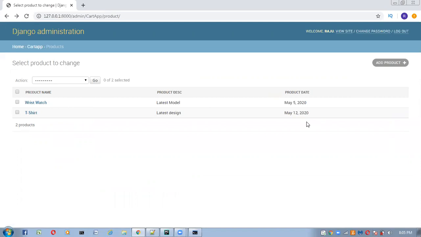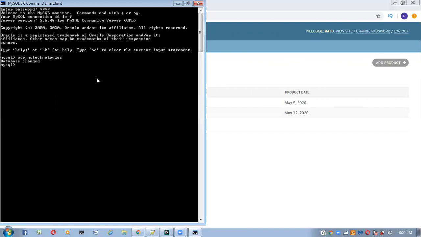So now I want to check whether the same data was created inside the model, inside the database also. For that, what do we have to do? Go to the database.